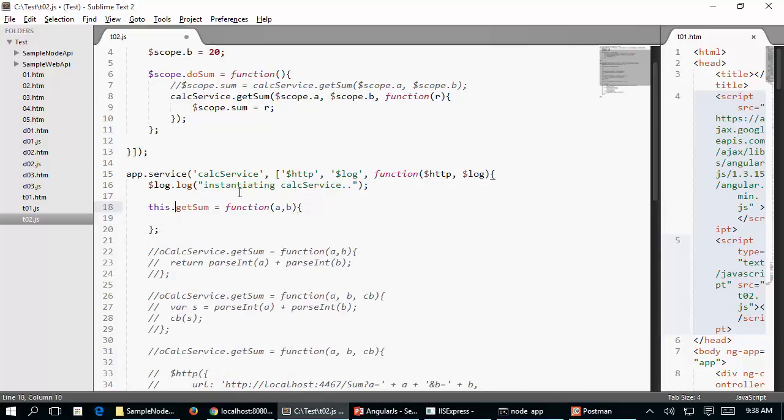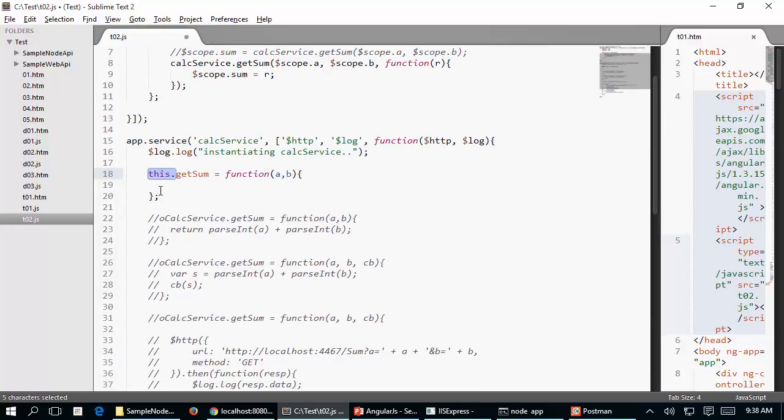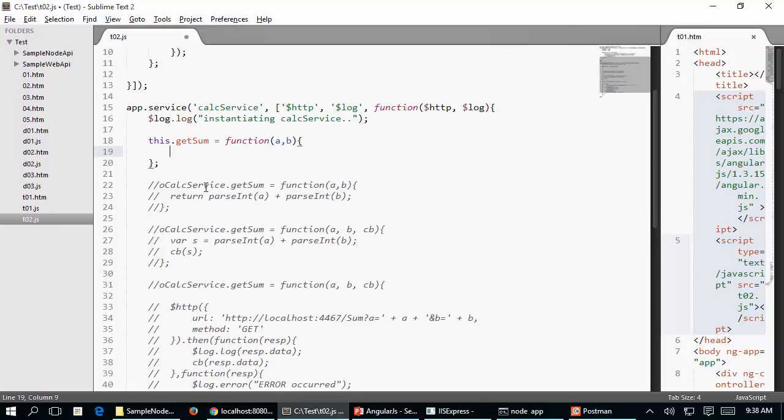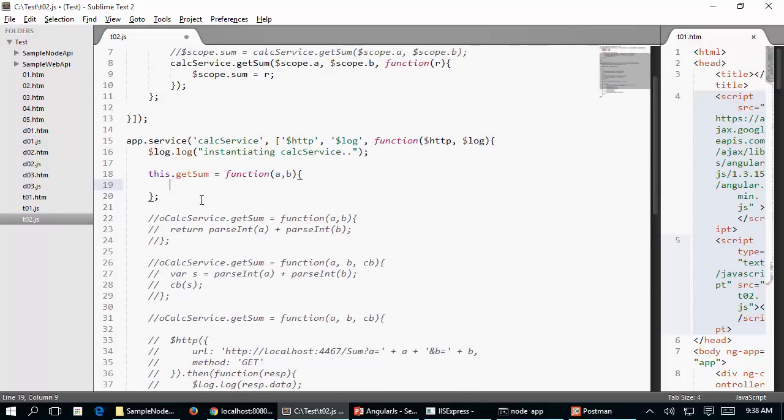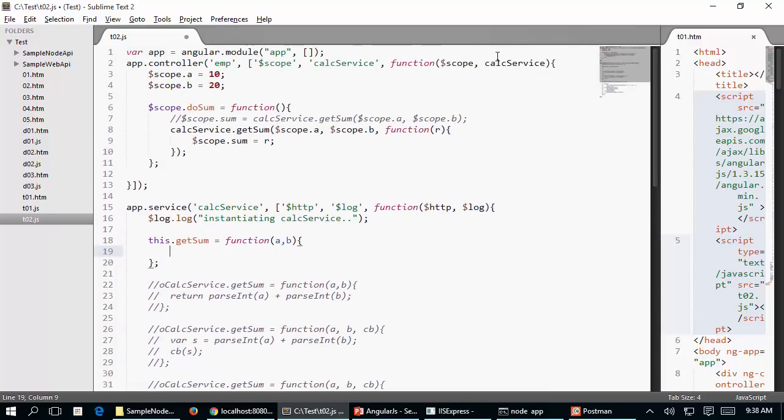The only difference is that I'm using this. So which means I'm using this constructor function which will have getSum, and that particular method is going to be automatically made available through calculate service, because the instance of this service will be automatically created by AngularJS. So as part of this, it is pretty simple for me. All I have to do is